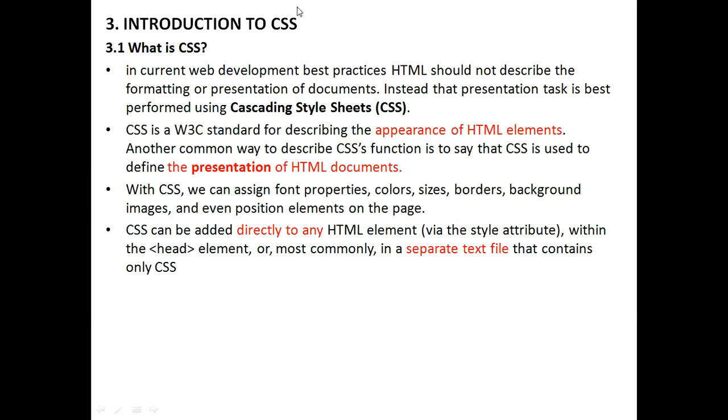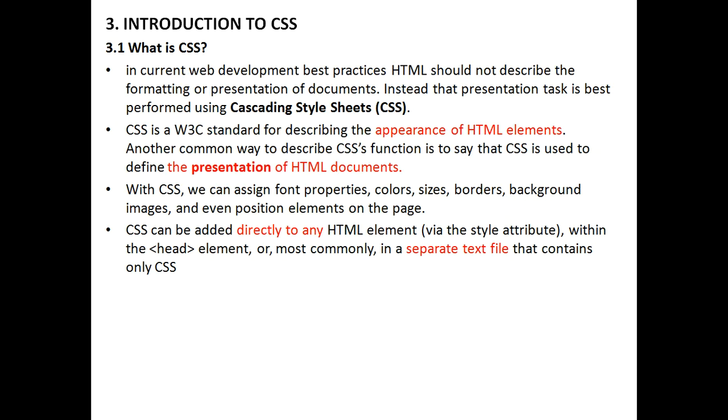Okay, next we will move to the introduction to CSS. As I discussed in the previous classes, CSS stands for cascading style sheets. I will give you one example before going to CSS. A paragraph can be represented by using a P tag, right? We displayed a paragraph on the browser. By default, black color will be seen. If I want to change that paragraph to red, then you are supposed to use visible properties on it.